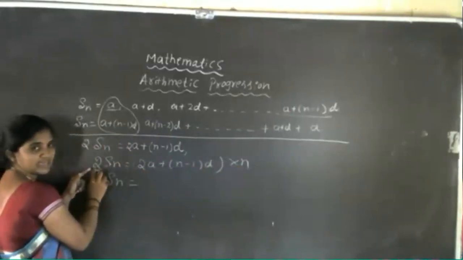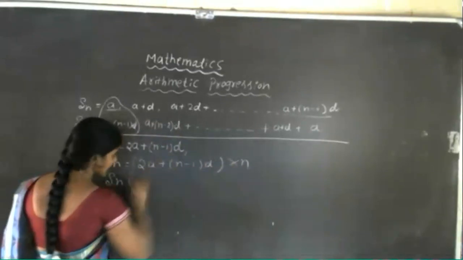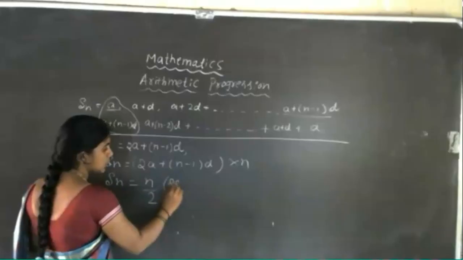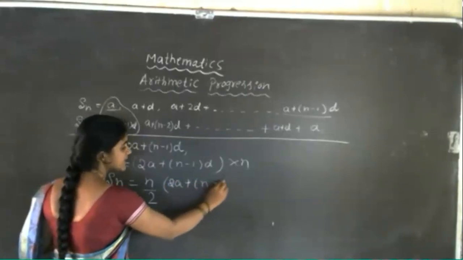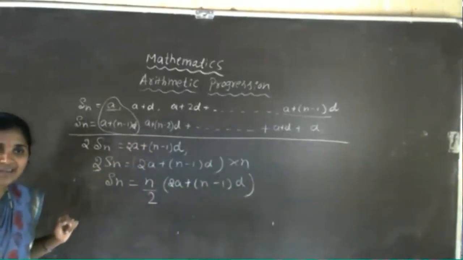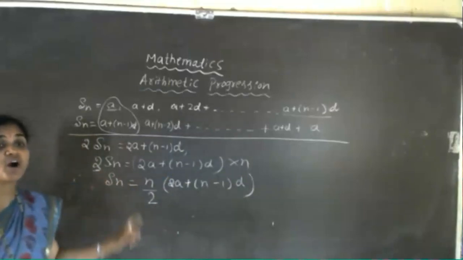This 2, when it comes to this side, divided by 2. I'll take the n this side, and first I will write it. 2 when it comes to this side, divided by 2 into 2a plus n minus 1 into d. Clear? Sn is equal to n by 2 into 2a plus n minus 1 into d